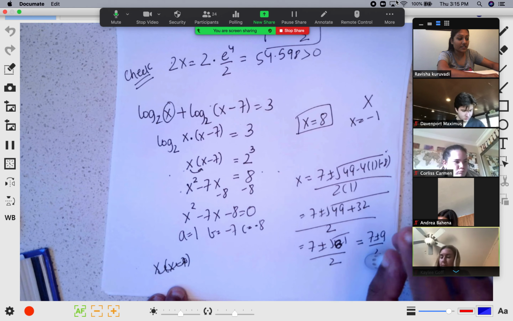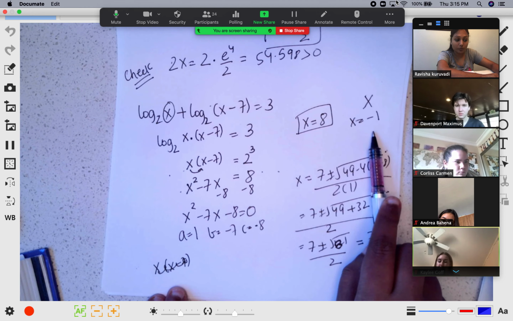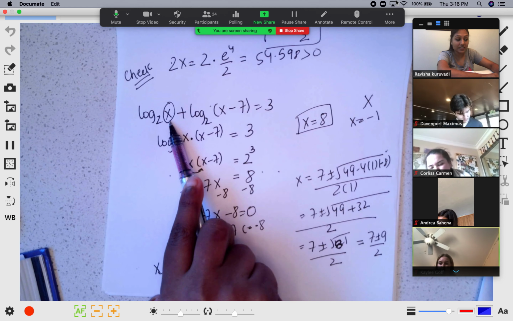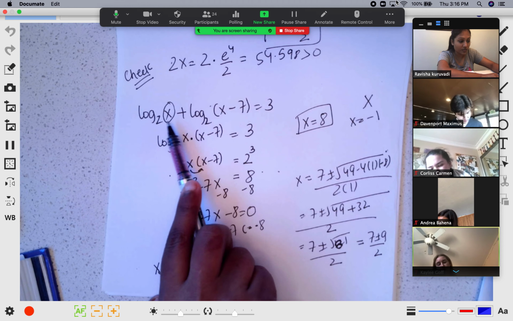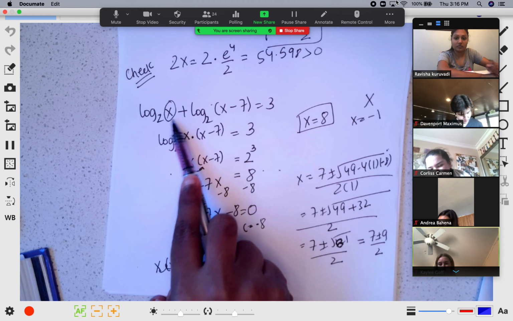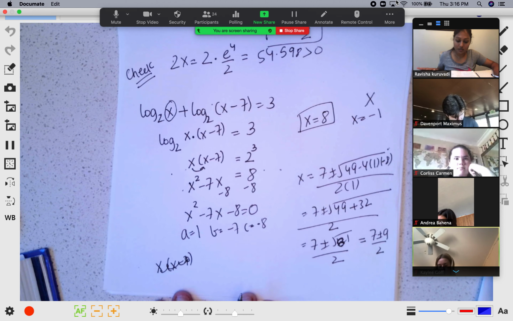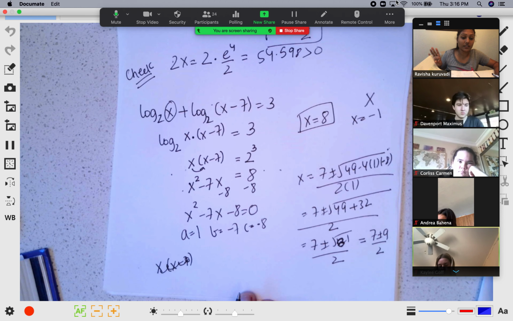Everyone, very important step here. Why is -1 not my answer? You have to check. Put here -1. This makes this term negative. So that means this is not my answer. My m should always be positive here. Today's topic was really important. If you get questions on this, it will be at least worth like